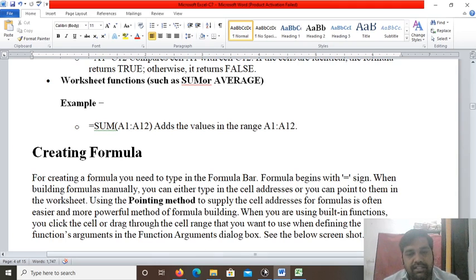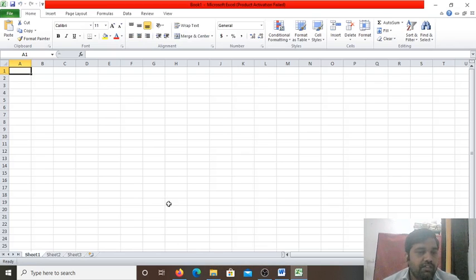One thing I want to show you in the Excel sheet: these are the vertical columns. Vertical cells are the columns, and column names are labeled with the alphabet A, B, C, D, and the rows are numbered 1, 2, 3, 4. So what is the address of this highlighted cell? This is the name box, and here you find the address of each cell. The cell reference of this cell is A1, meaning column A, row 1. If I click on another cell, its reference is C4, under column C and row number 4.